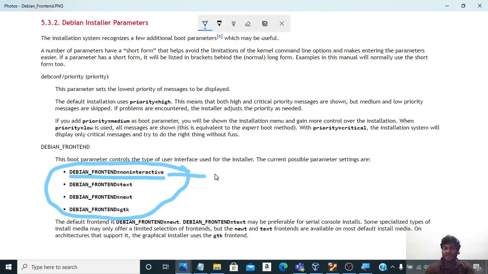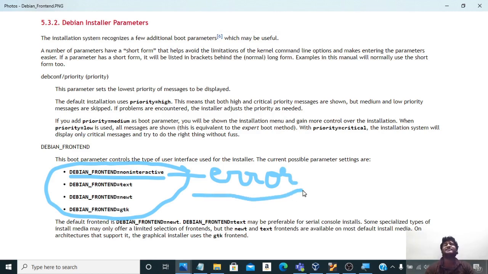This means that if there is any error thrown by the system, it just suppresses that error and does not show it on the frontend. Even if your application gives an error, it will not be shown.